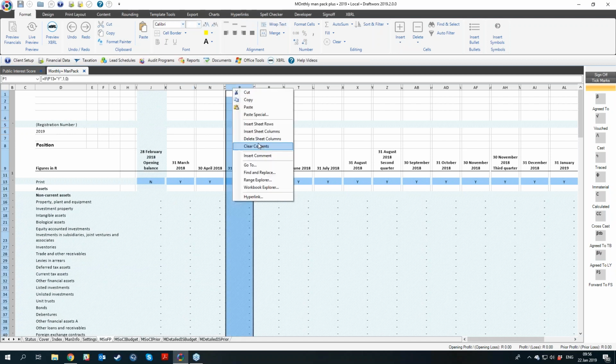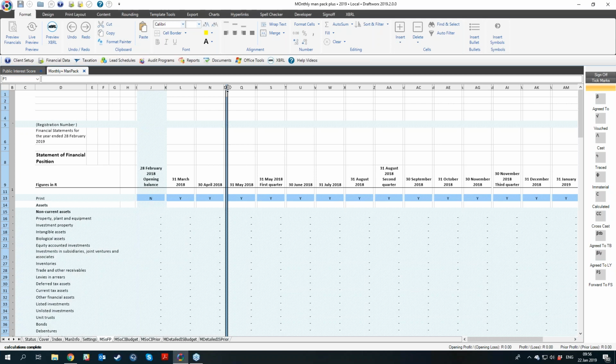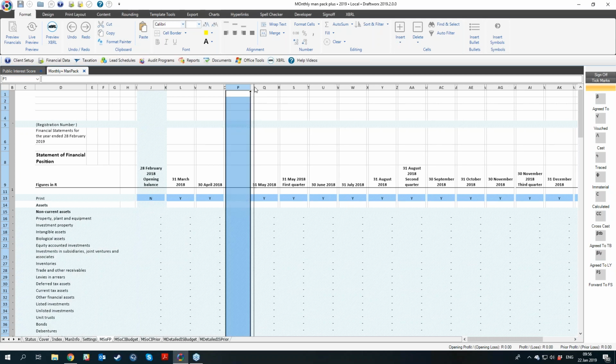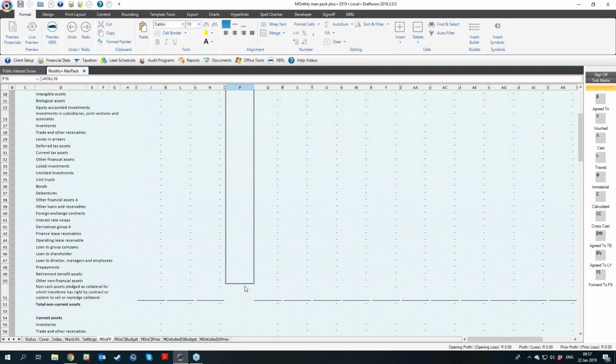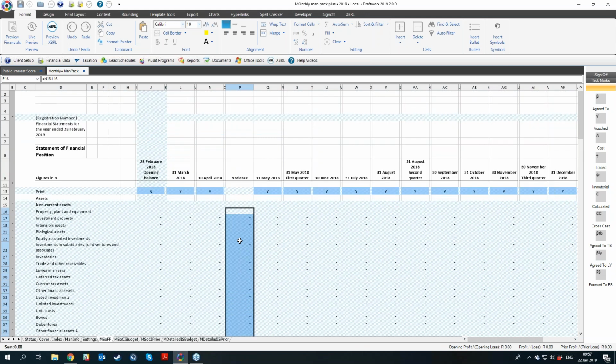Excel sheet that you can go and you can choose to insert sheet columns, widen as you wish, go variance, and then it can be a simple difference, or whichever way you prefer. Or you can do the percentage variance if you want to see what the movements are between the months on your SOFP. You can just drag down exactly like we do it in Excel, and you can really customize anything